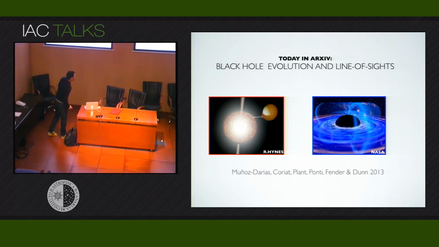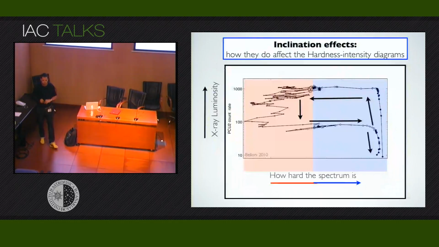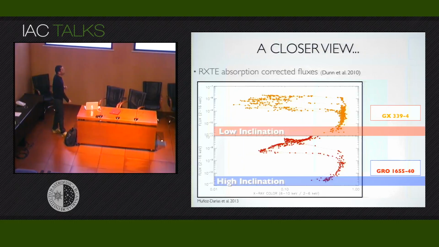So let me show you again this boring picture, which is quite important for my talk. Just remember one thing: in this part of the diagram, at the beginning and at the end of the outburst, in this hard state, we don't see the disk. So we only see a hard energy component. And in this part of the diagram, the system is dominated by light coming from the accretion disk. So if we want to compare two populations of sources, low inclination sources and high inclination sources, the first thing